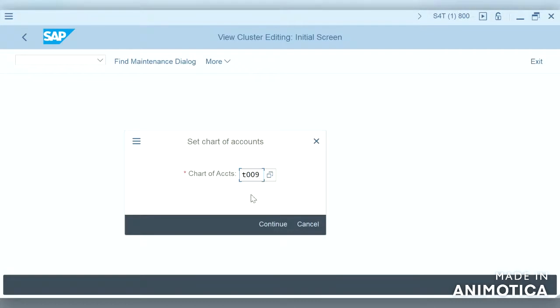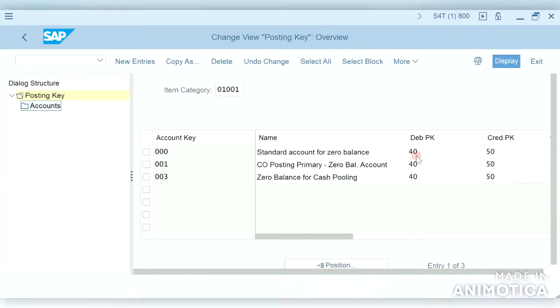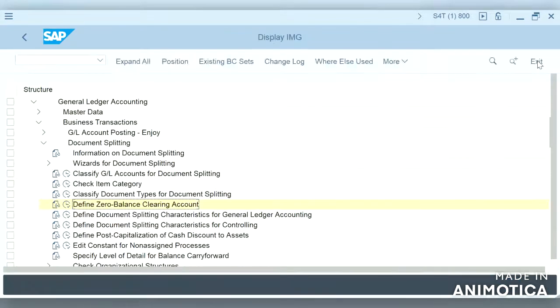Okay, then here we have to give our own accounts for zero balance. In this step we have to define, so first we will understand what actually the zero balance is. So zero balance clearing account.